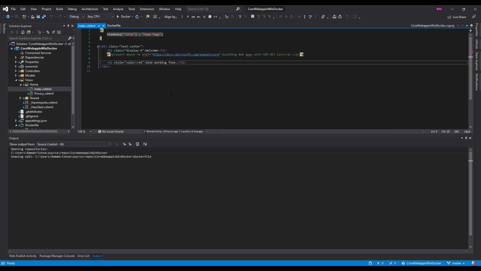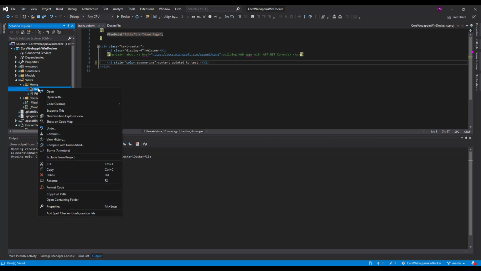Change the font color here. Content updated to test. Commit these changes to GitHub.